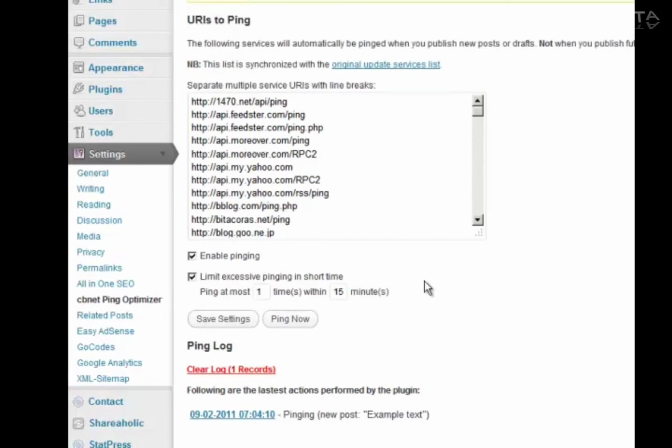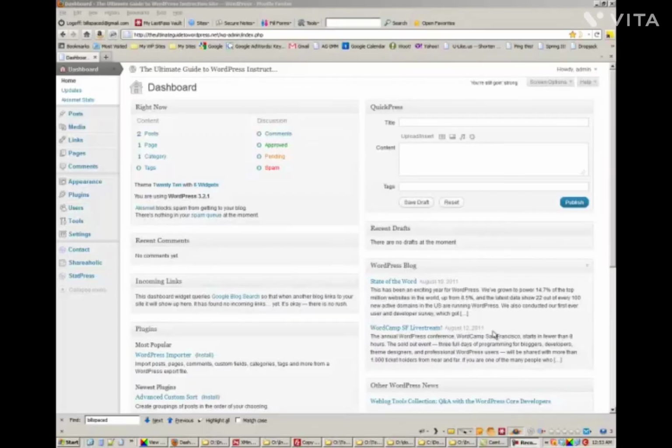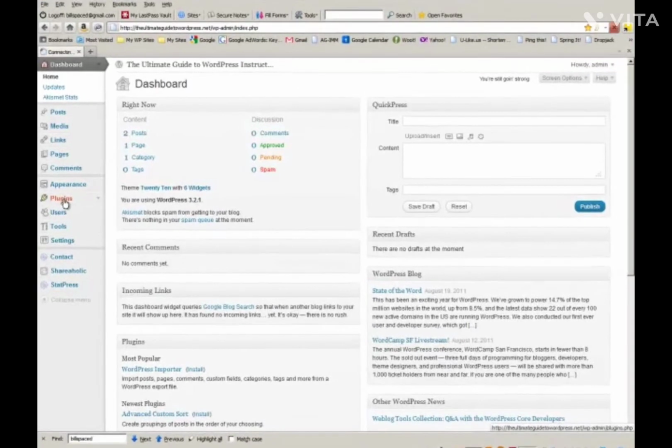You don't really have to fear that your IP is going to be banned by any of these update services now, because you're not going to ping them excessively. Okay, that's it. Next up we're going to talk about making a sitemap using a plugin. And we're also going to show you how to get a Yahoo application ID, which is important for getting this sitemap up on Yahoo. So let's go to plugins